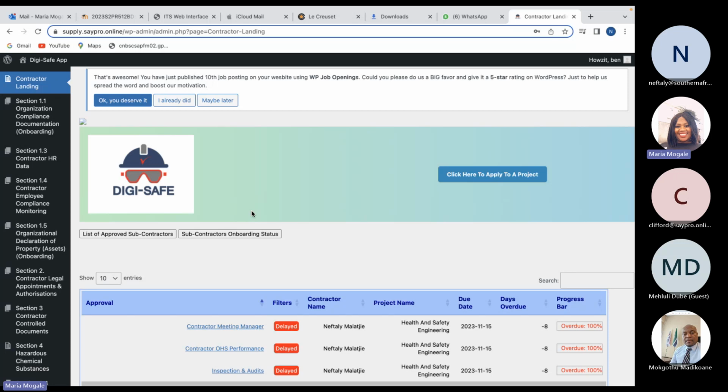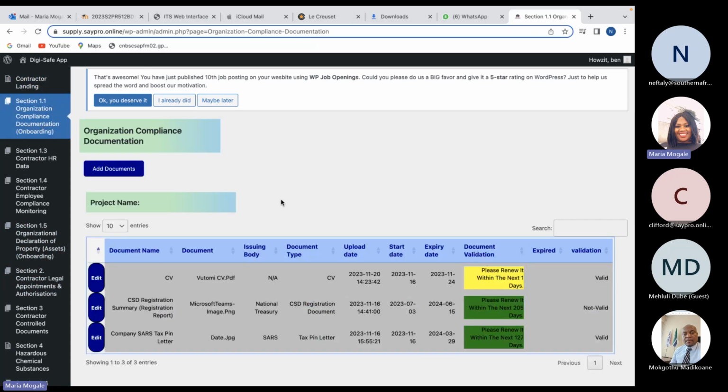Then I can click on it and see all these sections, and complete them as a contractor. Aligned? Yes, aligned. I did take that note.